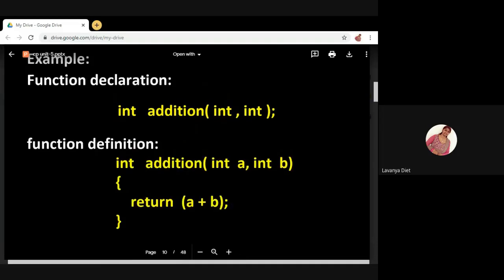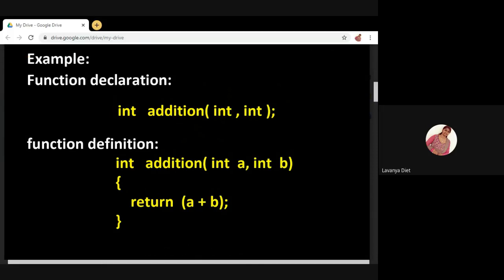Now see here, what is the function declaration of this function definition? If you want to use the addition function in your program, first you must declare this function. Before main, you must declare. How to declare? What is the return type of this function? This function is returning some value, right? That means it is returning the result of this addition. So what is the data type of this value? Integer plus integer is nothing but integer. So return type is int space.